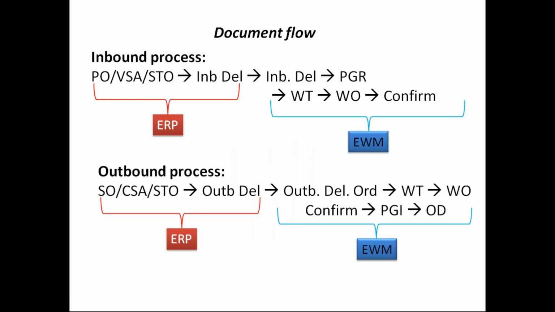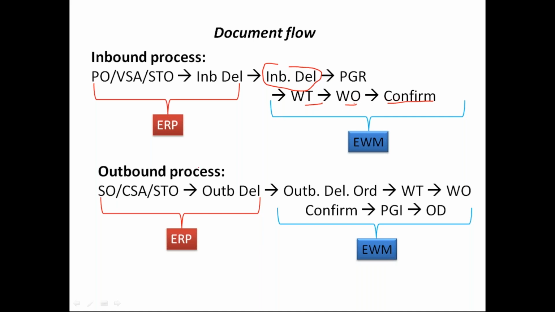So when you see the document flow, as I was saying, for inbound process, let's say if you create a PO, against the PO you can create inbound delivery. That inbound delivery will get distributed to EWM, and in EWM it creates a warehouse request, or you can call it inbound delivery, against which you perform the goods receipt. And after that, if you have to perform the stock placement, you can create a warehouse task. A group of warehouse tasks is a warehouse order. And finally, when you place the stock, you confirm the warehouse order or warehouse task, which will complete your process.